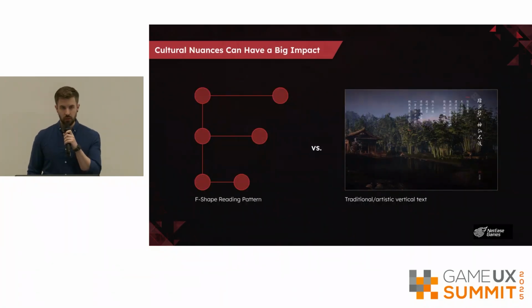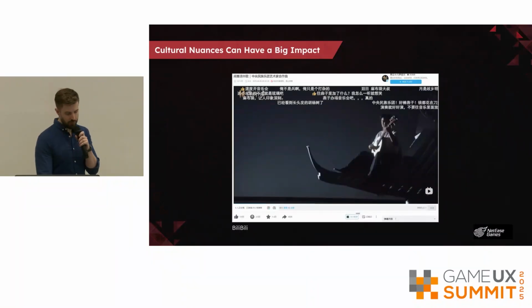Here's a quick example. Many of you might have used the F-shape reading pattern when it comes to long-form content and so on. But how would you apply that to this traditional artistic vertical text of a Chinese poem in the game Where Winds Meet? It doesn't quite fit. If you were trying to design a global version of a game live streaming service, maybe you'd put your comments down the right-hand side like you see in Twitch and YouTube. But in China, streaming services have the comments floating across the screen in front of the video, which they find more immersive. So it might feel a bit jarring to you if you opened Twitch tomorrow and you noticed all your comments flying across the actual video.